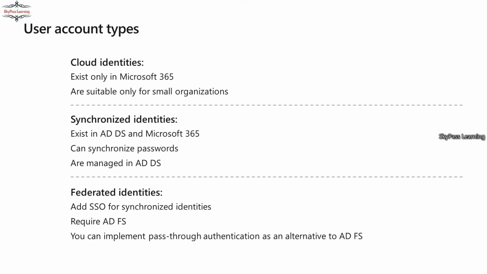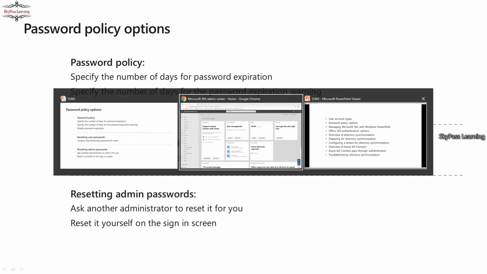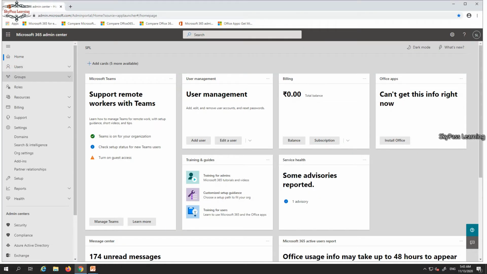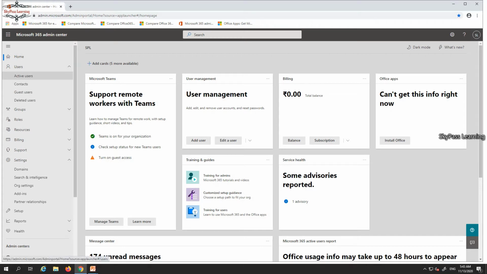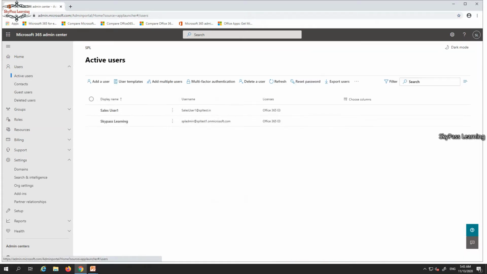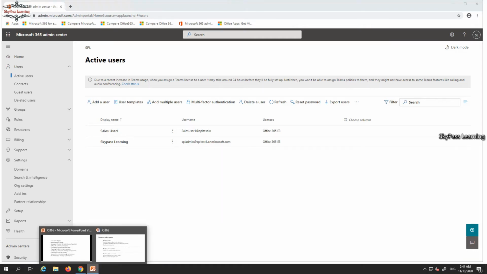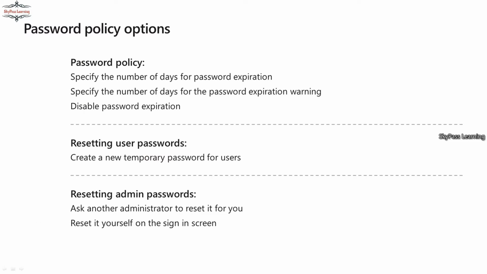And if you want to create a user account in cloud identity, you can simply move to the environment in the cloud itself. Let me quickly show you. Okay, so here you can create a user account. Once you log in on the admin portal, you can see the active users are there. From here you can add a new user account. In my last video I have shown you how we can add this user and all. I will show you the synchronized on-premises accounts and those details also in detail.